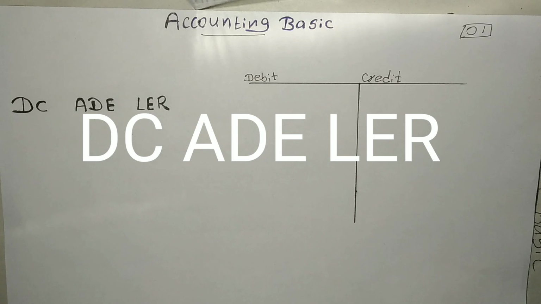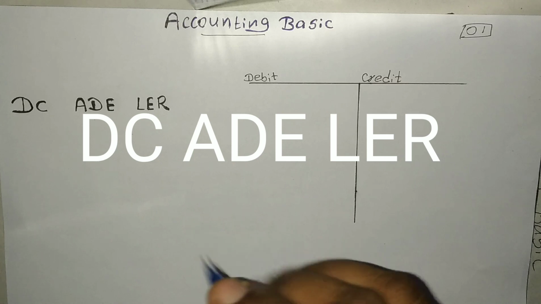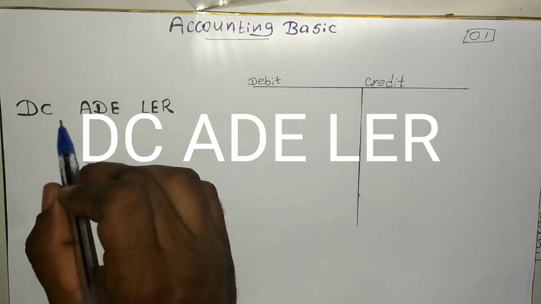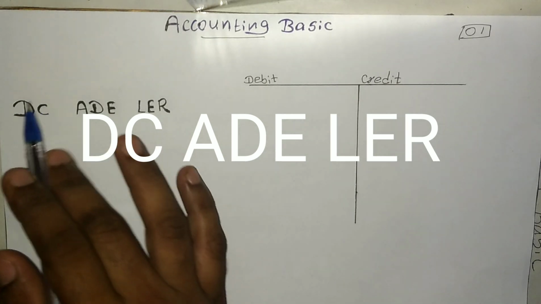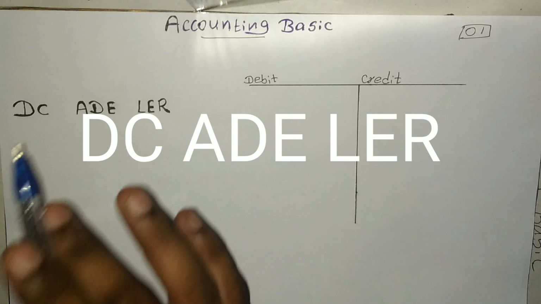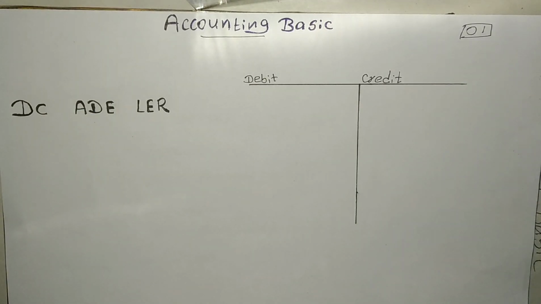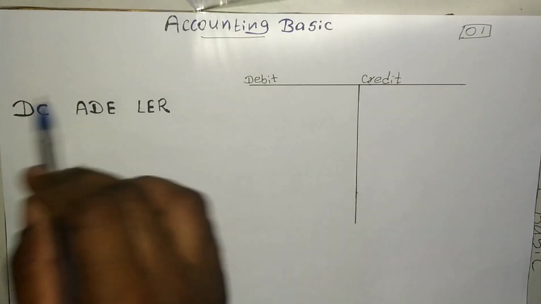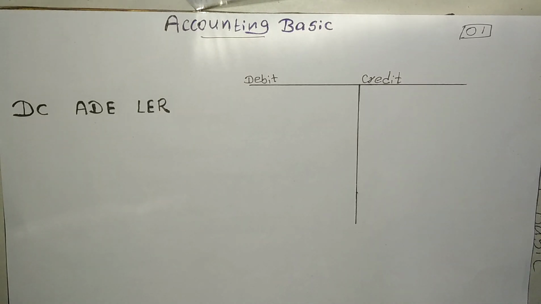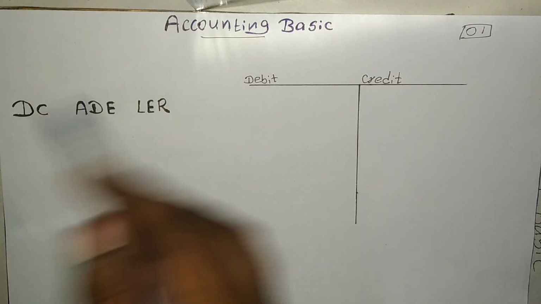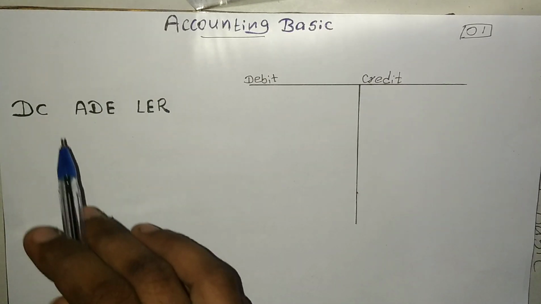Today I will give some tips for easily understanding any accounting foundational concept: DC Ade Ler. You can use this formula for easily understanding any accounting foundational concept. I will explain what DC Ade Ler is and how to use it. It's not a formula like the ones you know, it's a concept for understanding the accounting process. Okay,